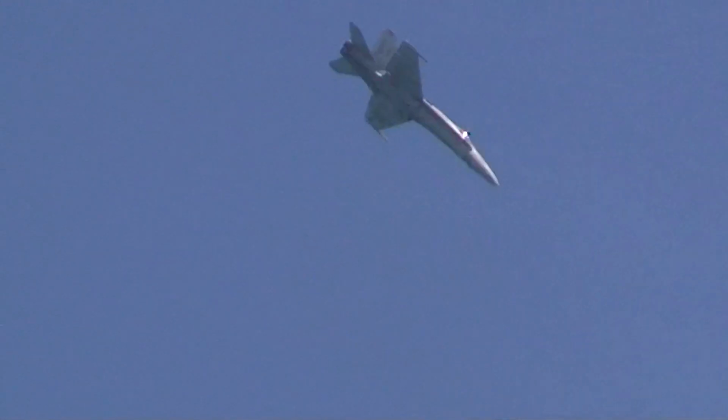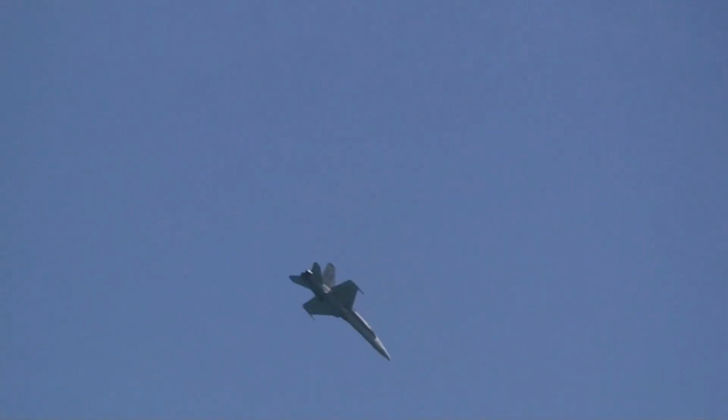Lieutenant Barnett will now be setting up to perform a repositioning maneuver to align his aircraft with the show line. He will then reach the show center just over the